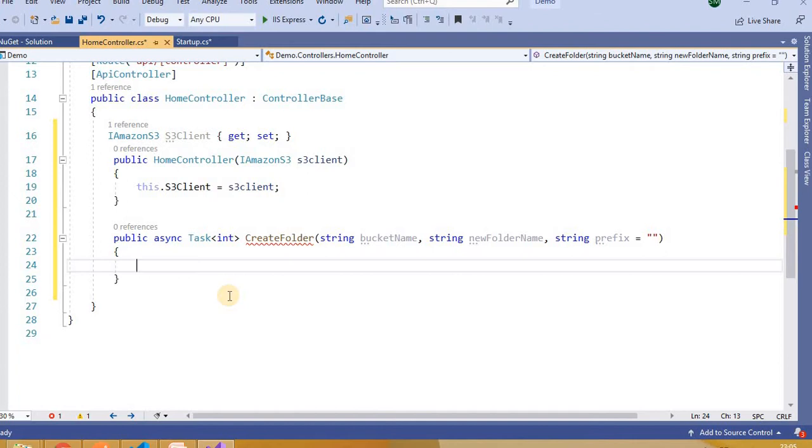Prefix is like, if I have a bucket that is AWS, and inside that I have another folder, suppose it's test, and inside that test folder I want to create the new folder. Let's say the new folder name is demo folder. Now test will be the prefix for that demo folder. You will get clear about it when we create the folder inside another folder. I will show it there.